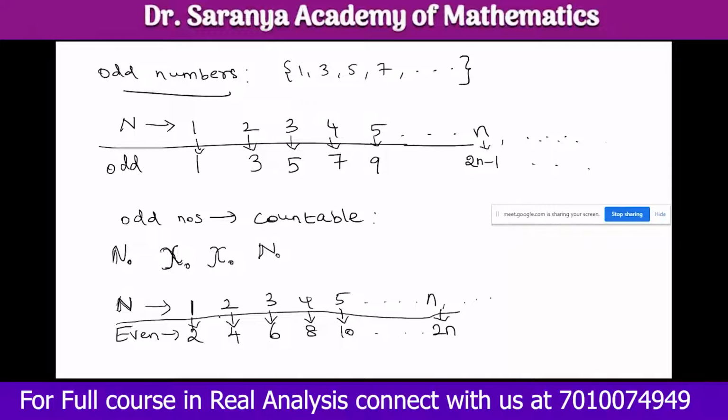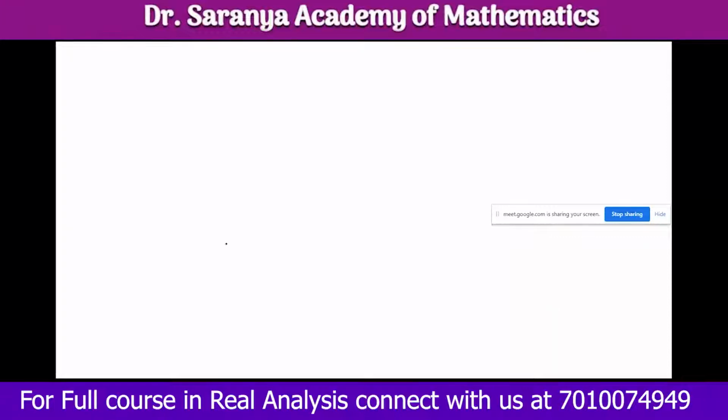So this is for odd numbers and even numbers. So this is also countable. Now we can map with which one? Integers, right? Yes. So next, you have to map natural numbers with integers. Natural numbers start from 1, 2, 3, 4, etc. How will you map with integers? We can map with 0, 1, minus 1,